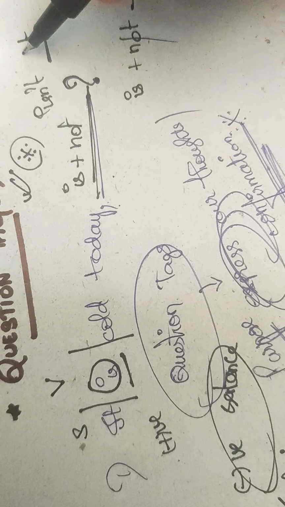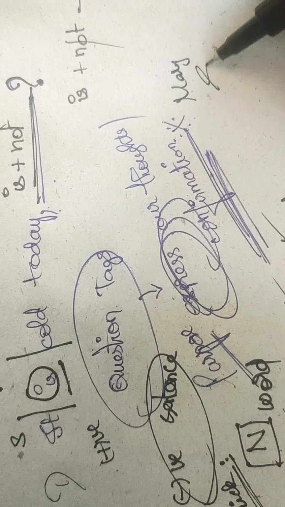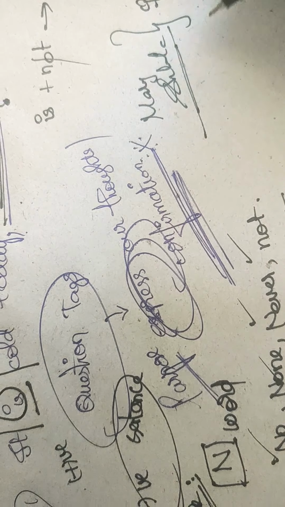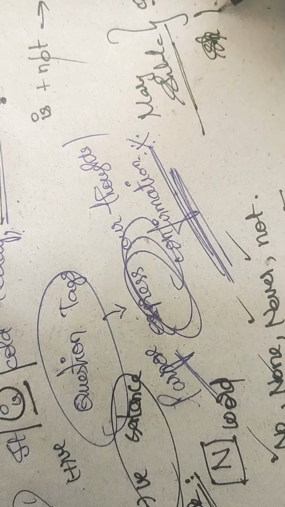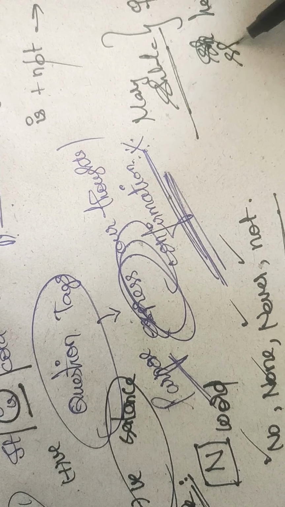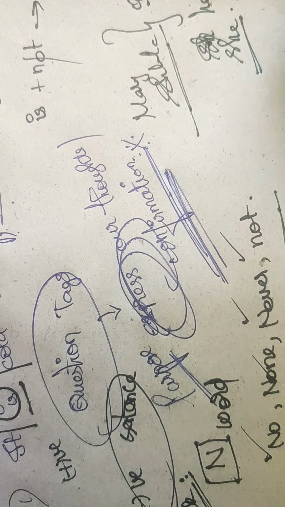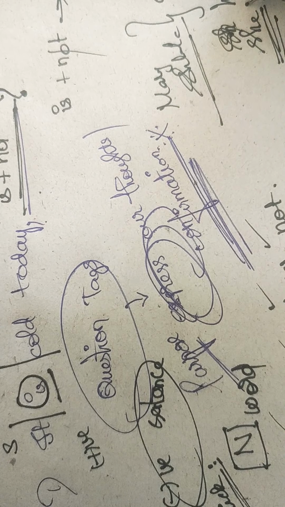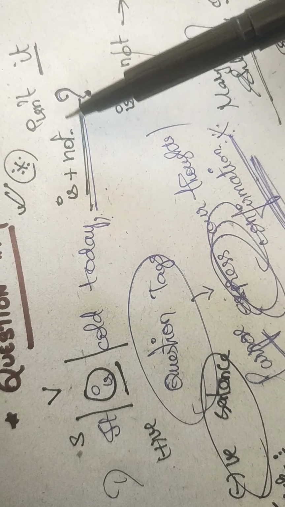If any name like Mary or Sheila is given, they are the female gender, so you have to use the word she. Isn't she, we ask, right? Yes, you have to use she, not her. Is it clear? So here you use isn't it.